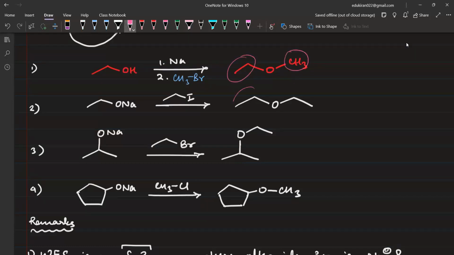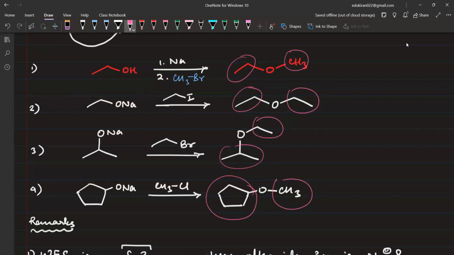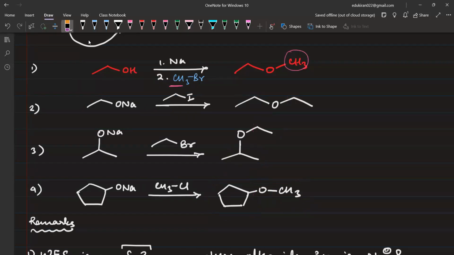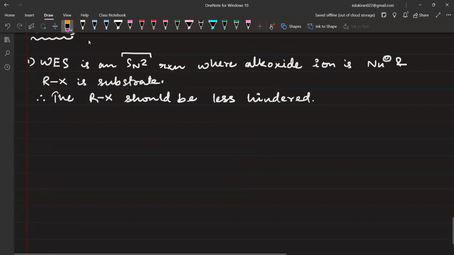One of the alkyl groups is coming from the haloalkane, and the other alkyl group is coming from alcohol या फिर alkoxide ion. Make sense? Yes or no? Please tell me. Correct है? सही है? ठीक है।